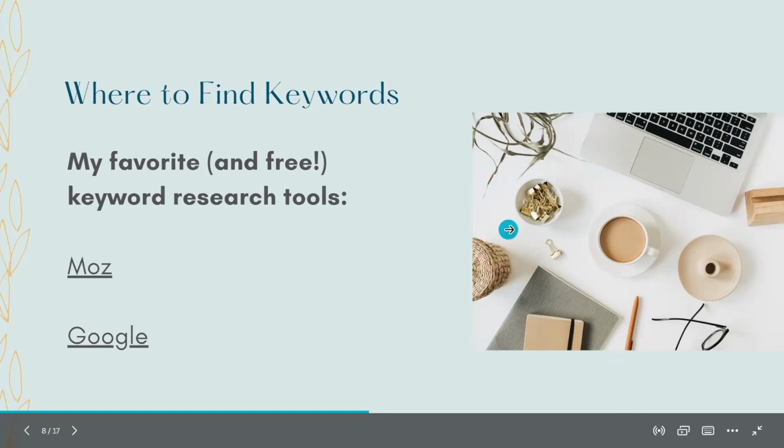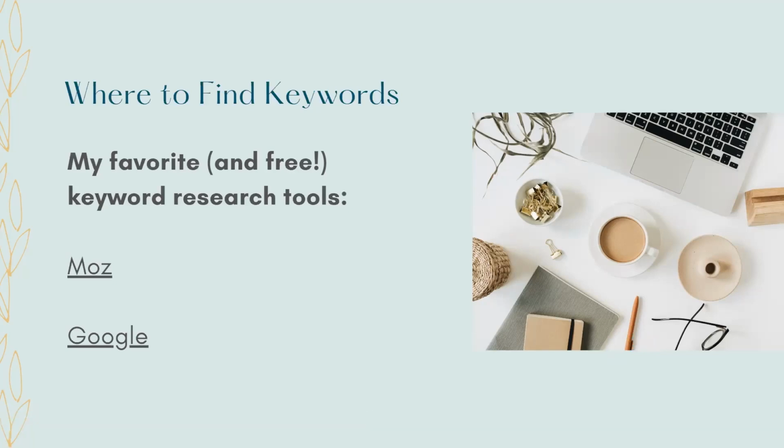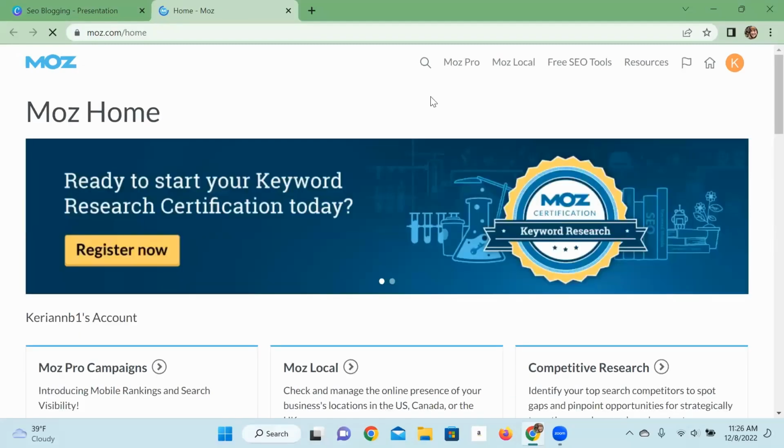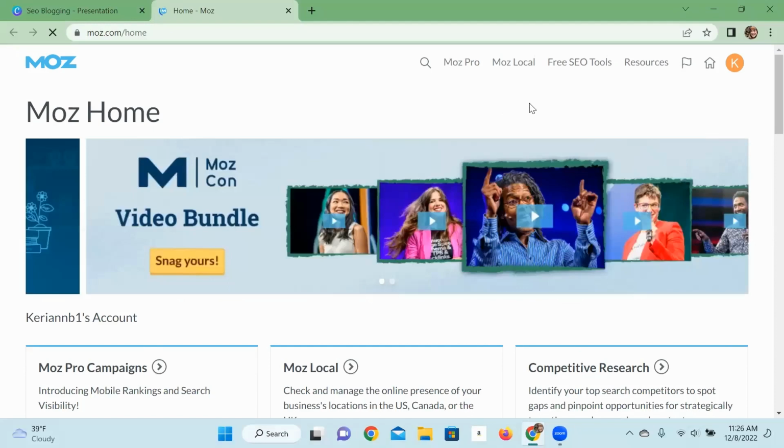So where can we find keywords? These are just a few of my favorite ways that I do keyword research. The first one, like I mentioned, is Moz. This is a free keyword research tool that you can use just by signing in for an account. They have a ton of different resources, but I'm just going to show you one that you can get